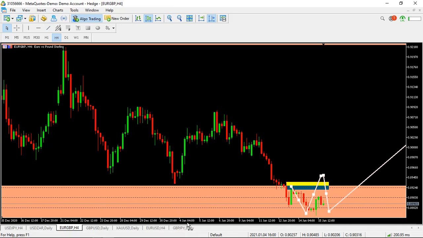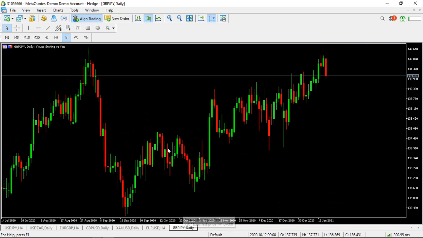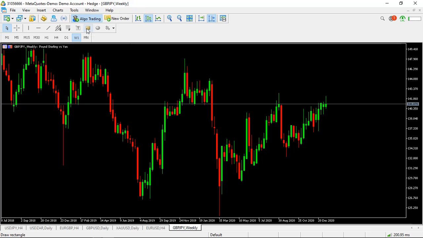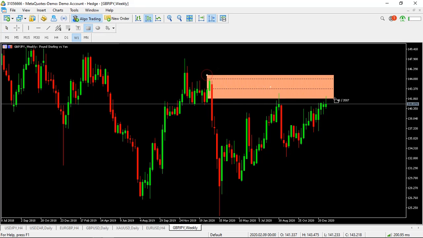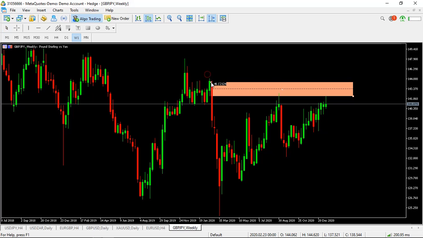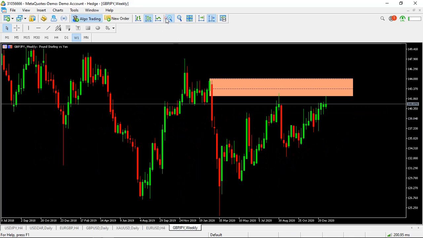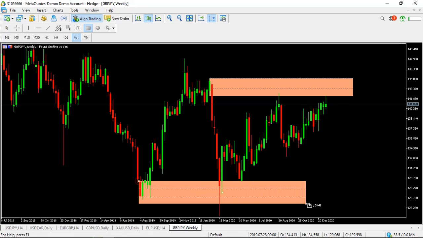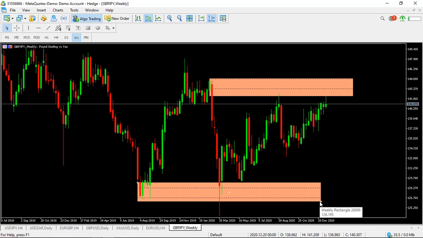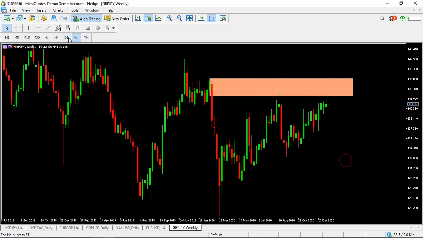Let me go to my last pair, GBP/JPY, or let me go to my weekly. So uyabona le ukuthi this is a very strong level of supply. Okay, this is a very strong level of supply. Yeah, this is a very strong level of supply, but it's removed this. So yeah, so lana